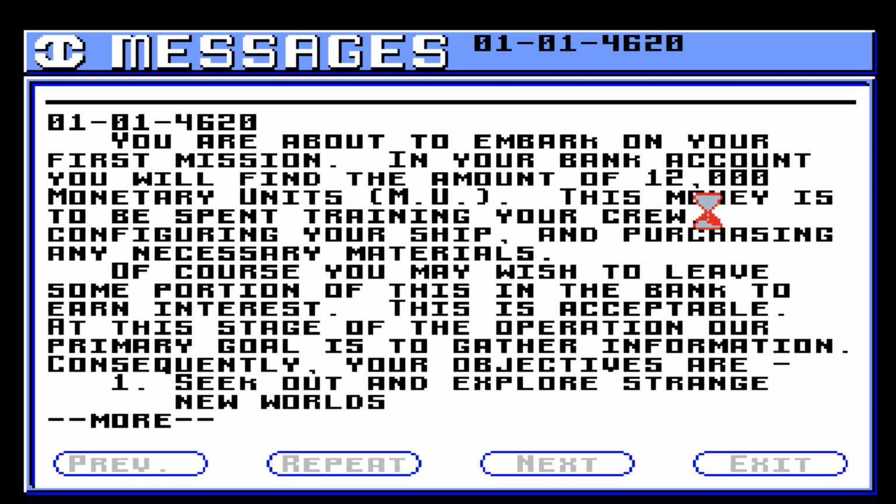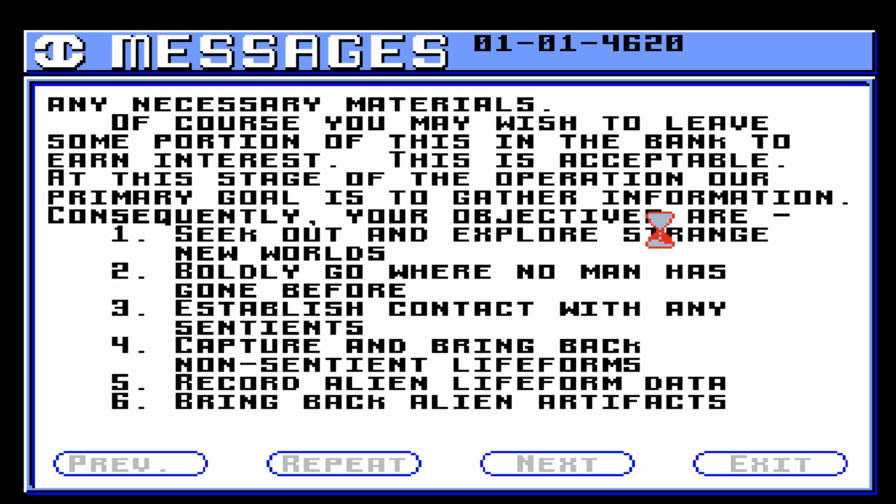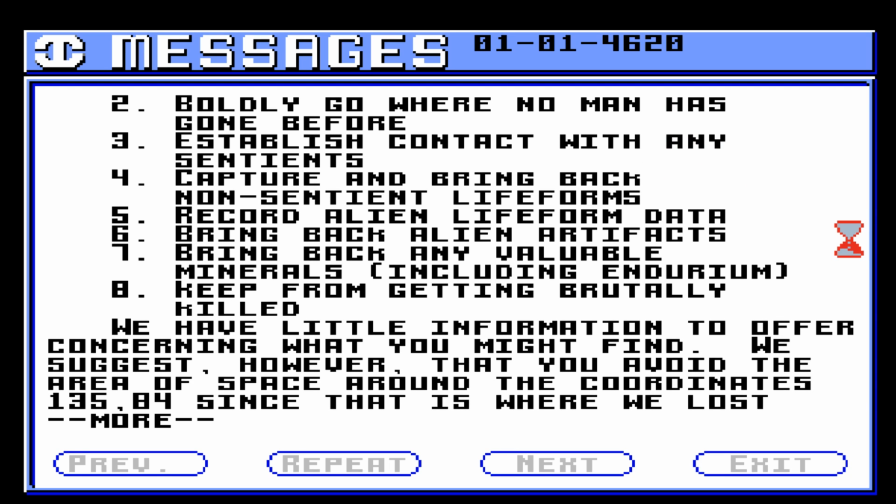Consequently, your objectives are: 1. Seek out and explore strange new worlds. 2. Boldly go where no man has gone before. 3. Establish contact with any sentients. 4. Capture and bring back non-sentient life forms. 5. Record alien life form data. 6. Bring back alien artifacts. 7. Bring back any valuable minerals, including endurium. Endurium is the fuel we use. 8. Keep from getting brutally killed. And the last part isn't as crucial as the others. We have little information to offer concerning what you might find. We suggest, however, that you avoid the area of space around the coordinates 135, 84, since that is where we lost